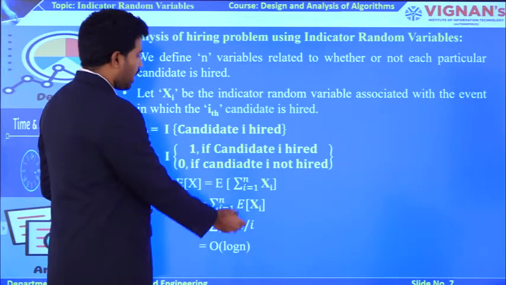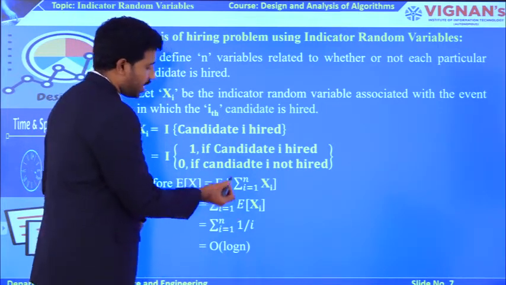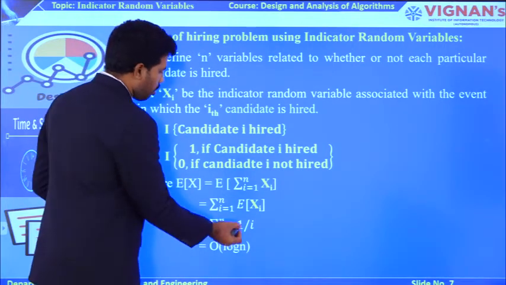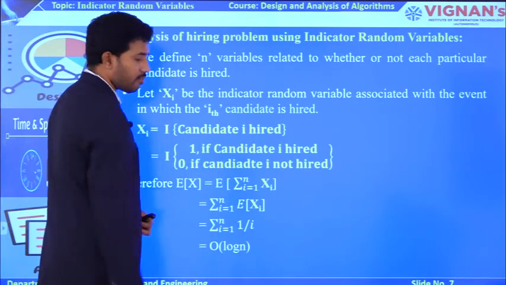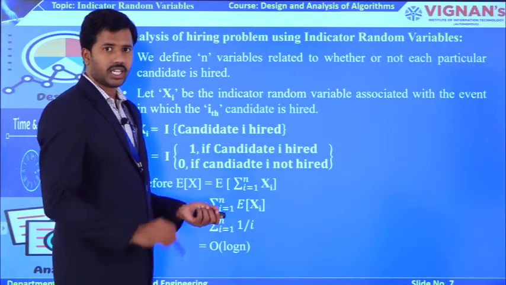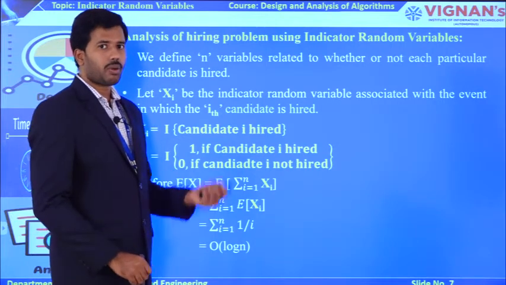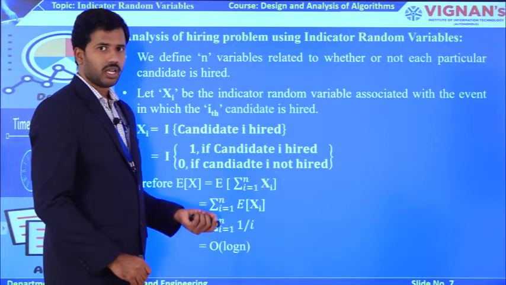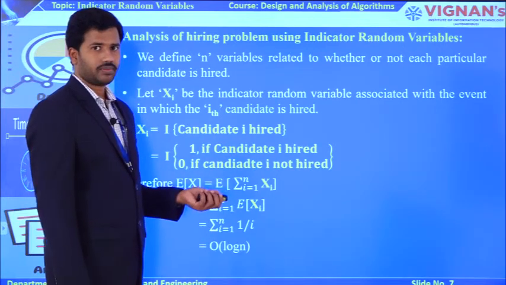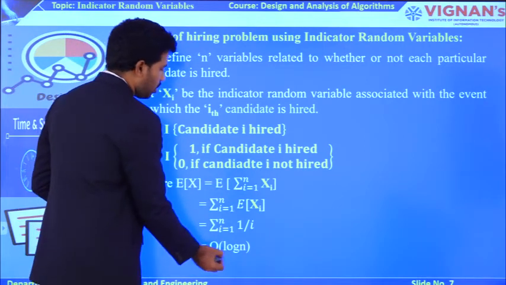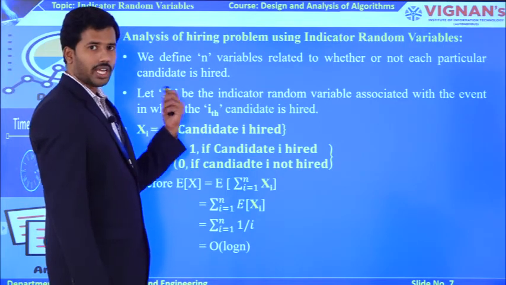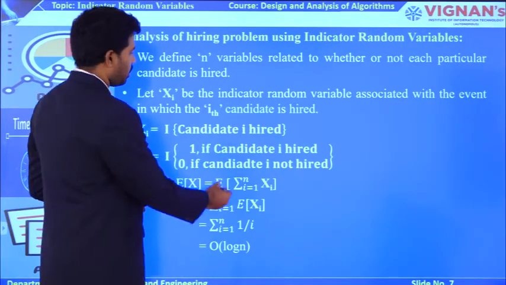Okay. Now, likewise you have n shortlisted candidates, and you are hiring only one candidate, right? So among the 1 to n candidates, I am going to be hiring only one candidate. You are going to be doing an interview for each and every candidate i, right? So ultimately my probability becomes 1 by i. If you are getting 1 by i, ultimately the time complexity becomes log n. So with log n time, you are going to hire a candidate for this hiring problem with the help of this event X_i.